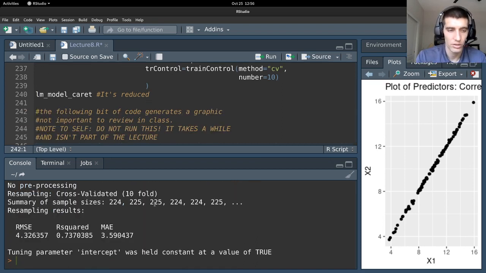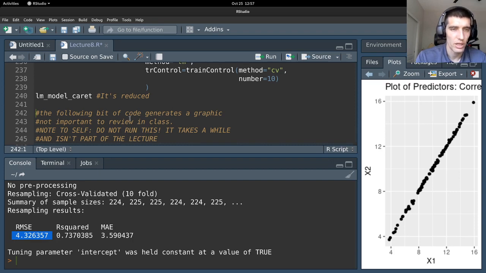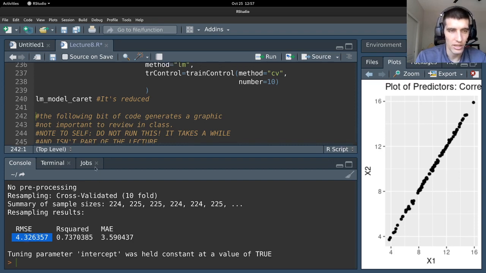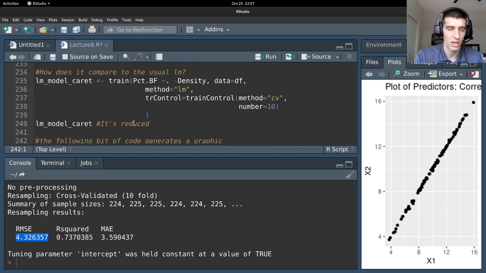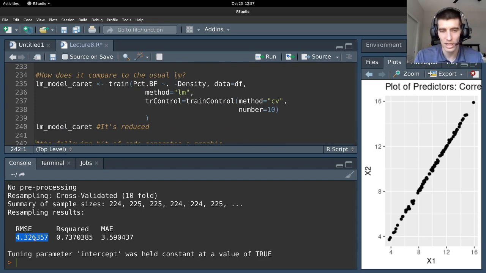Okay, so 4.33 was the PCR model. 4.32 here is for the LM models, and 4.41 I think for the ridge regression models. And so we see that for LM, this is 4.33 to 4.32, right? These are basically equal. If you want to get particular about the second decimal place, you can. I'm not. But the advantage here is that we've